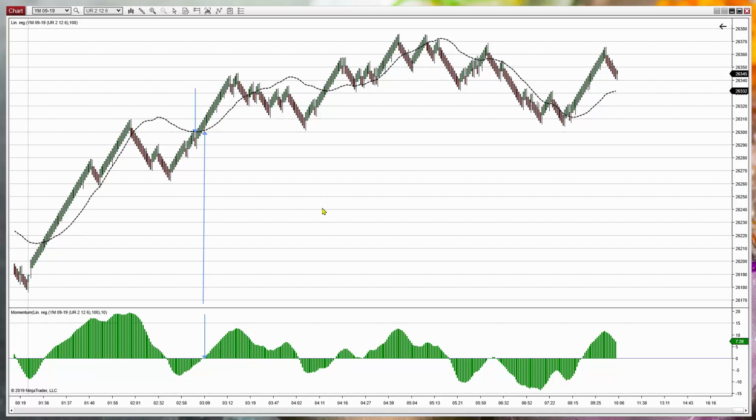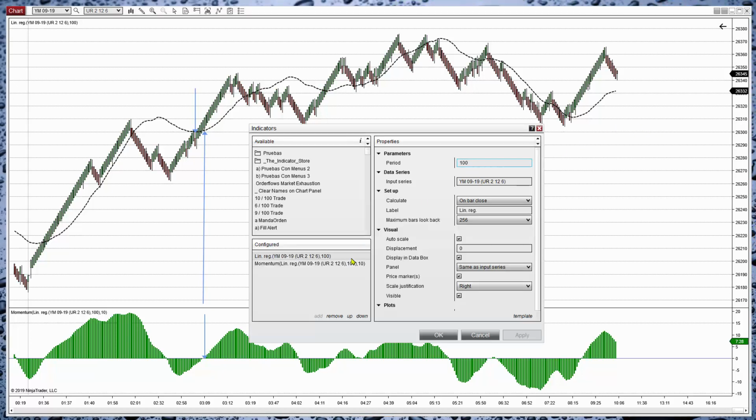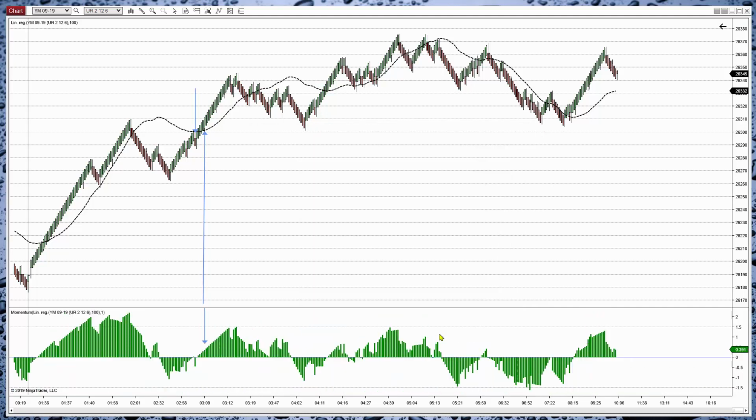I can take the momentum of only one bar, but the histogram is less smooth. I get this. Anyway, now the crossover by 0 is here, and we have a coincidence where